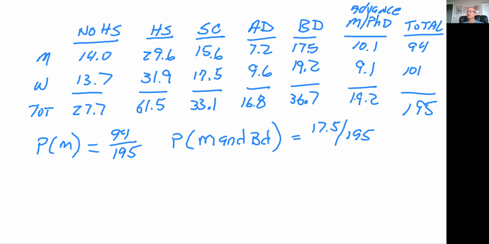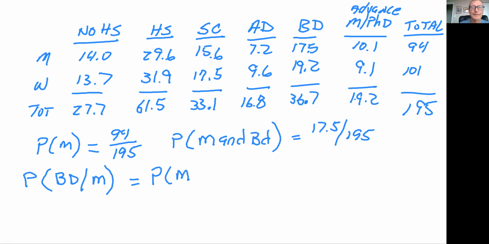Sorry, I'm just looking for the next question. Here we go. So the next question states, what is the probability that a person has a bachelor's degree given that he is a man? So the way that we write that in this probability is bachelor's degree given he's a man. And so that's our conditional probability. And so the way we do this is the probability of,